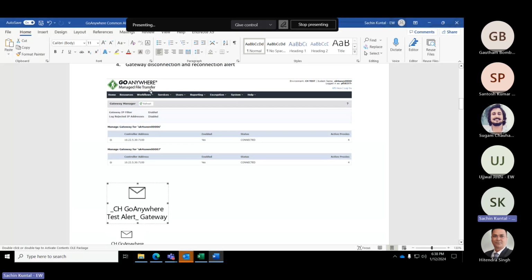Within GoAnywhere MFT, there is a field called Gateway Manager, where we can check the status of both the MFTs, whether they are in a connected or disconnected state.